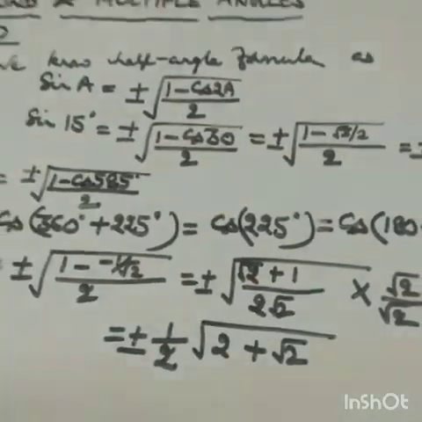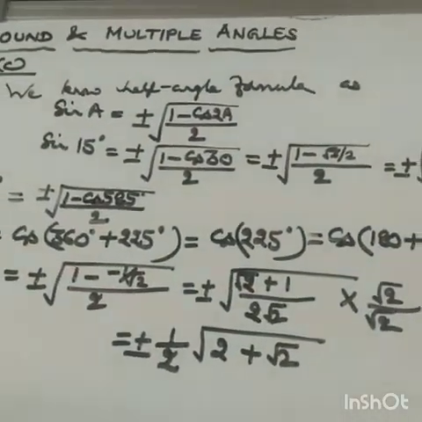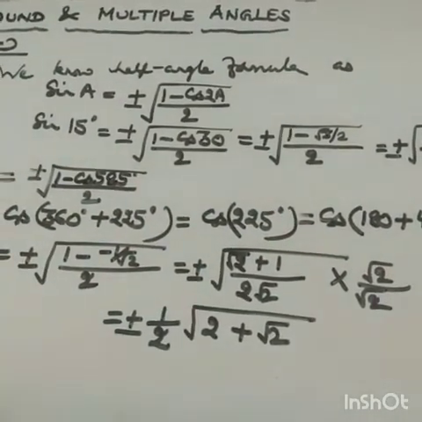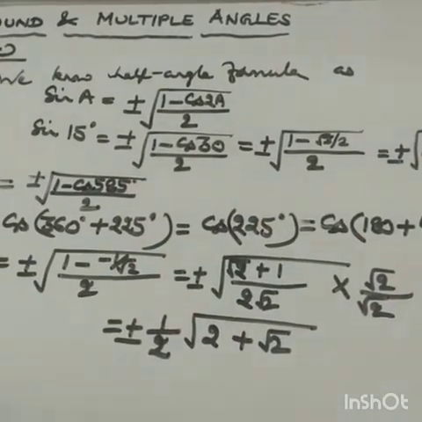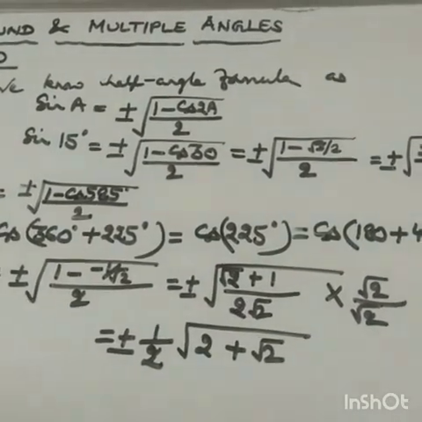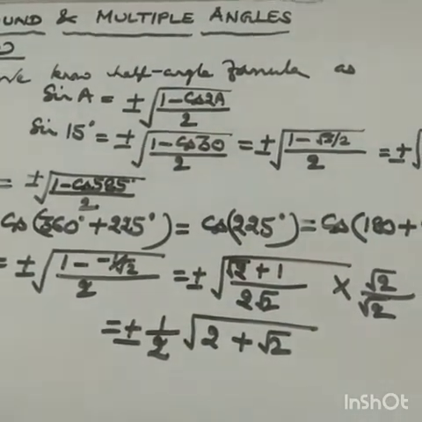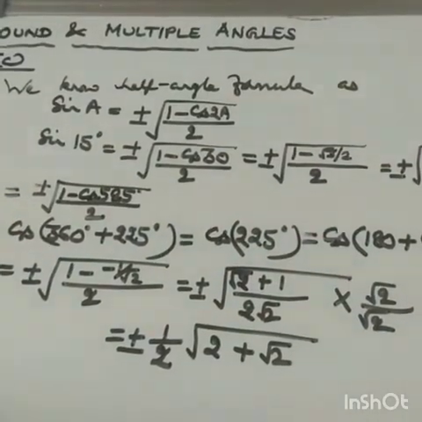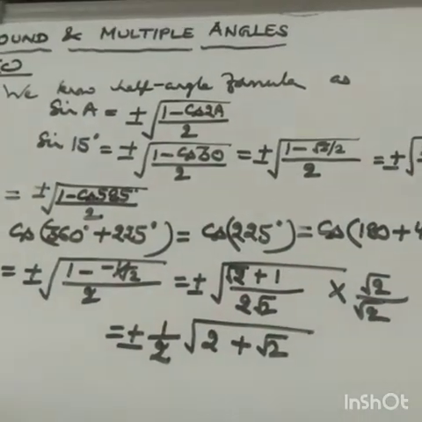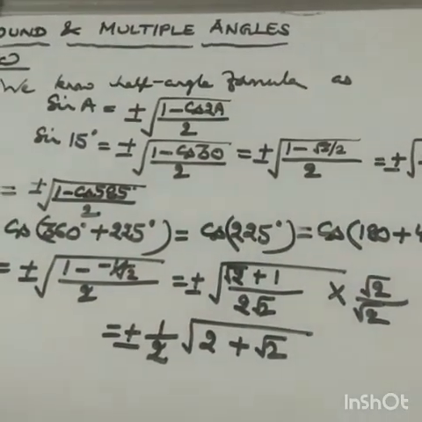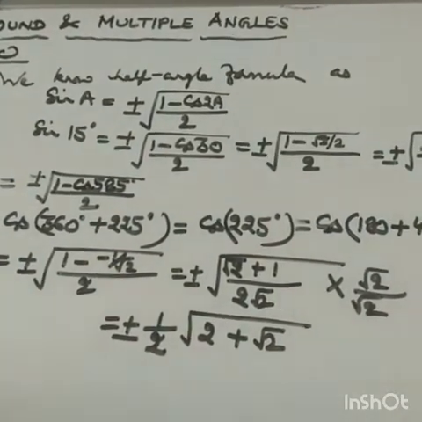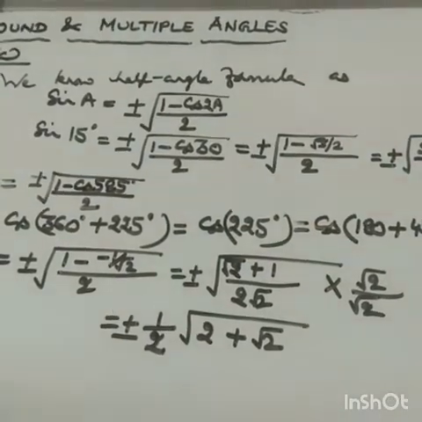Hence, this is how you can do the question and get the values of different types of angles. I hope it is very clear to you. Sign convention, of course, is to be followed. So the plus minus sign is completing the answer. Now, according to the quadrant in which the angle is lying, first, second, third, fourth, you have to keep in mind which sign is to be put. I have written plus and minus both because accordingly you can get the answer.